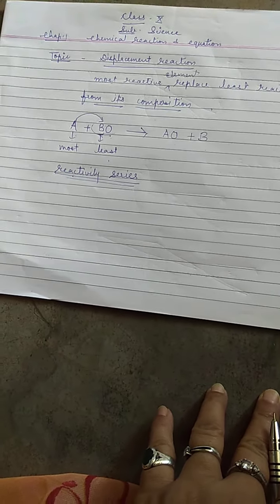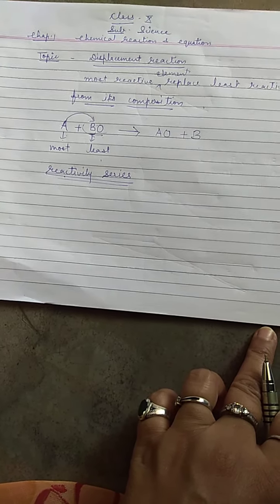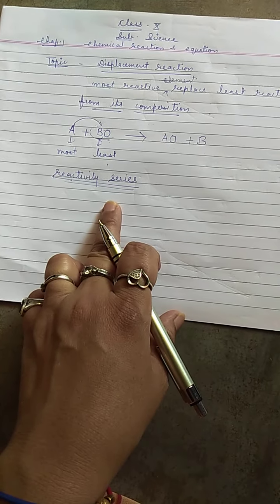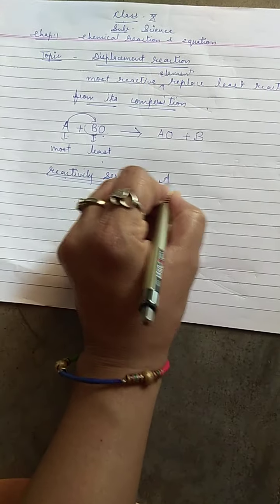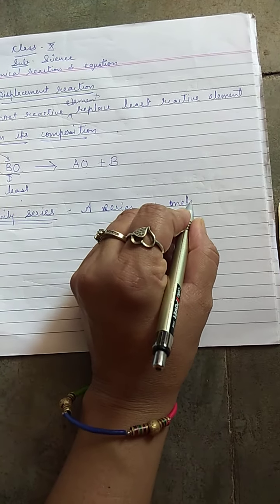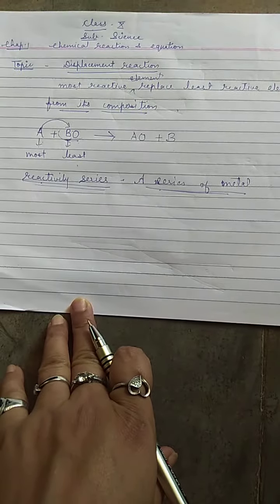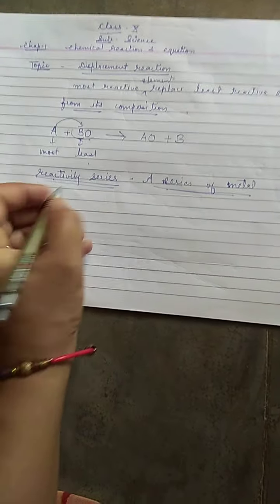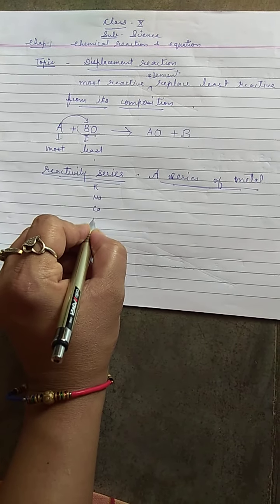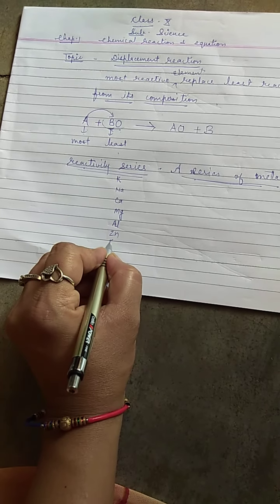Reactivity series is a series of metals which is arranged on the basis of their decreasing reactivity, and these metals are potassium, sodium, calcium, magnesium, aluminium, zinc,